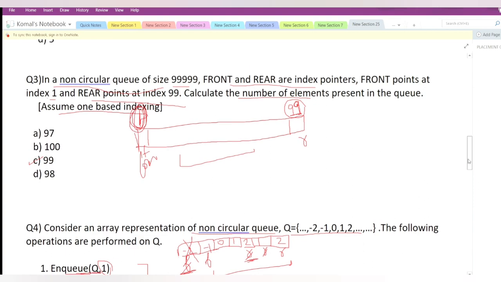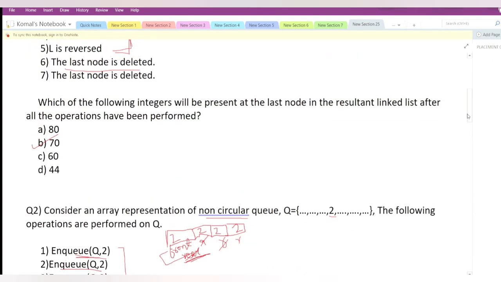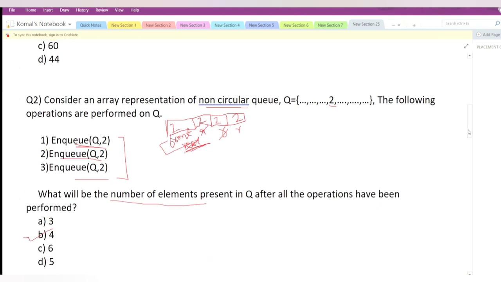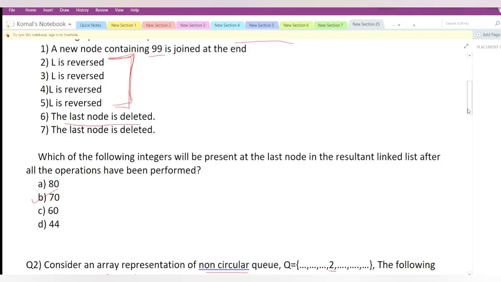And see, most of these questions contain queues. So just keep in mind the basic functionality of the queue, like there are two pointers for front and rear. We do NQ at the rear part and we do DQ at the front part. So keep these things in mind and all the best for your tomorrow's exam.